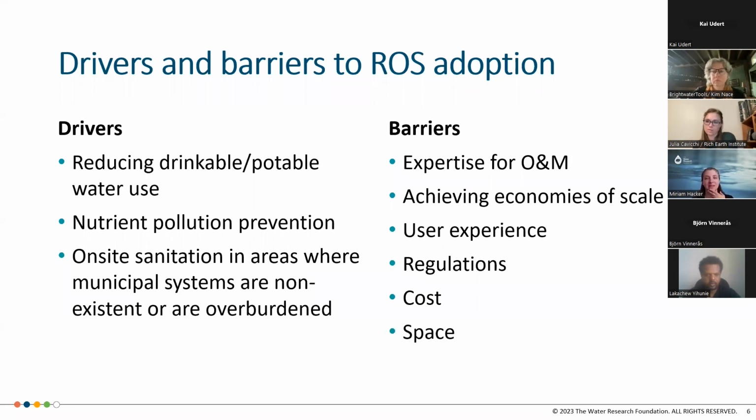And finally, space. So, I mean, in a lot of spots in the US, it takes space to be able to maintain systems, to be able to install them. And so making sure that you have the necessary requirements. Now, this isn't as applicable to rural spaces because there might be a little bit more to pull from. But if you're thinking about urban applications, it is definitely something that's come up as a barrier. So I would say that's not necessarily a barrier, but depends on the context.